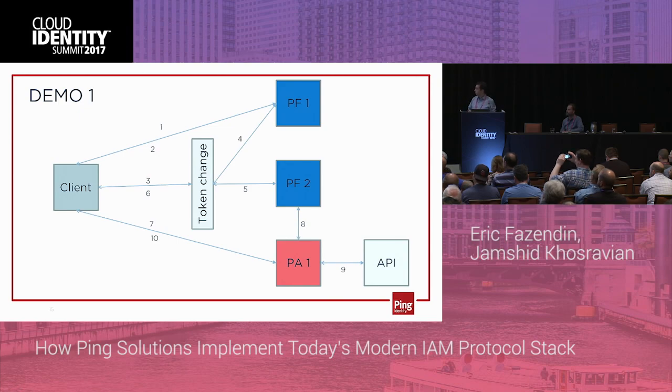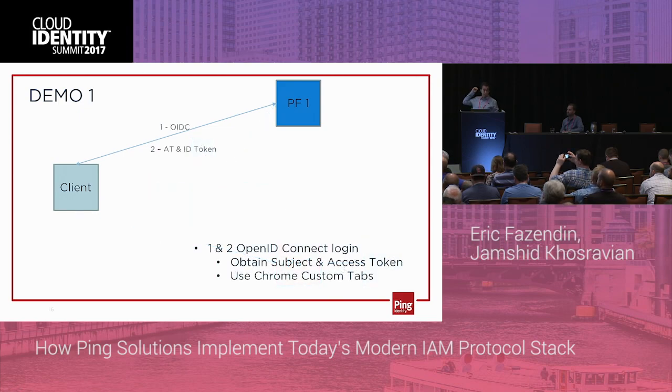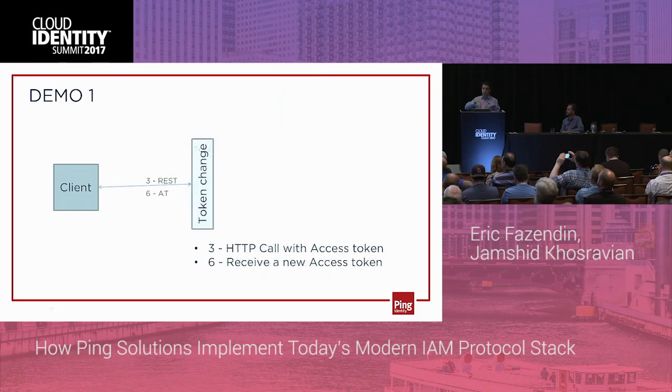The first thing that's going to happen is the client's going to make an authorization request to PingFed 1. It's an OpenID Connect request, and it receives an access token and an ID token. Now that the client has an access token and an ID token, it's going to make a REST request call to the token exchange layer that I built. This is a little Java app that actually interacts with two PingFederate servers. The result of this call is going to be an access token that can be verified and used against PingFederate 2